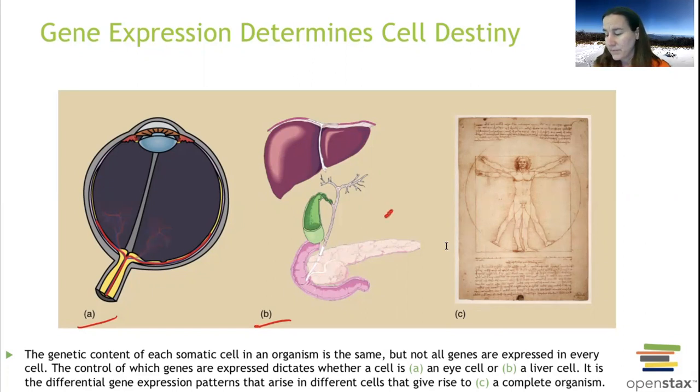So if we were talking about, I don't know, the pancreas, for example, the pancreas is responsible for producing insulin. I don't need my eyeball to produce insulin, but I do need my pancreas to produce insulin. And we've got the same genes to make insulin in both cells located all over the body, but only this guy is going to turn on the insulin genes to make those.